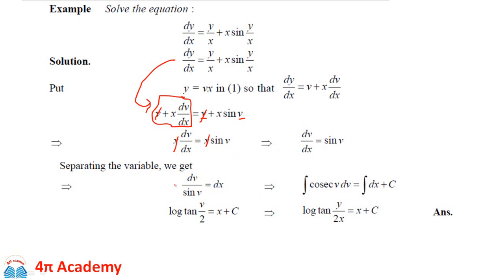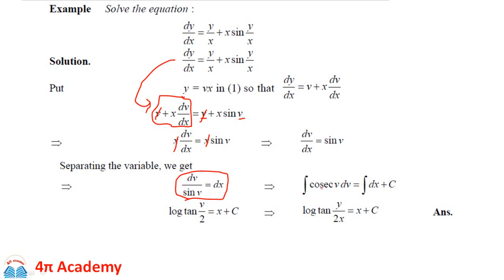So now we have the variable separable form over here. On the left hand side we have only the variables of y, and on the right hand side we have only the variables of x. Now the next step is you have to integrate it and add c, that is add a constant to the right hand side. So the integration of this is